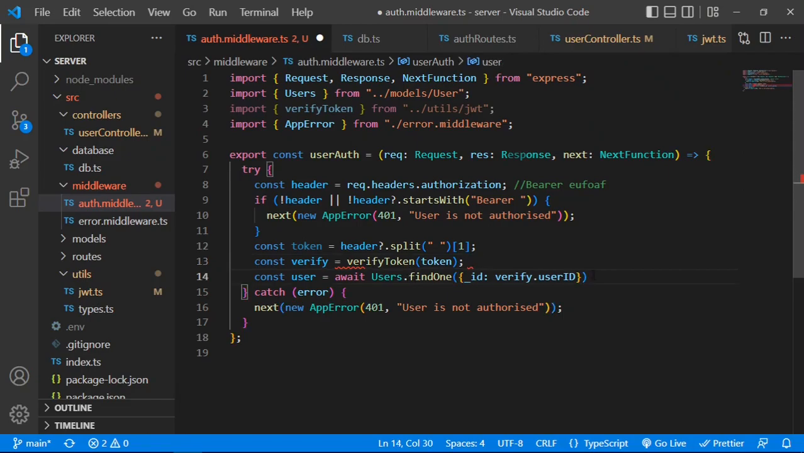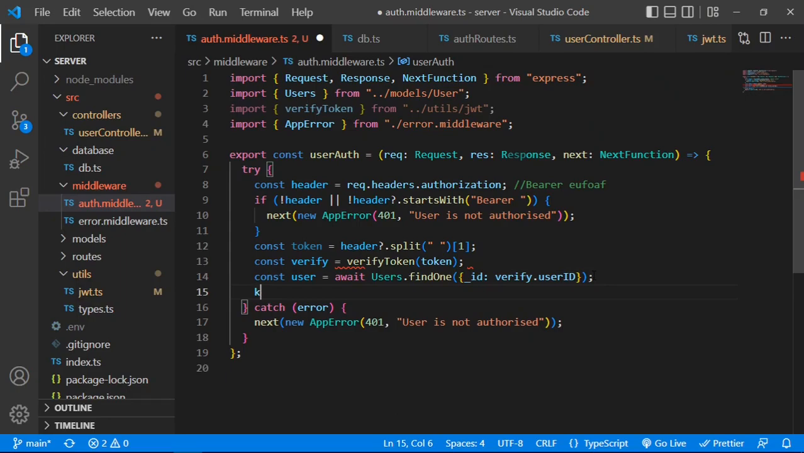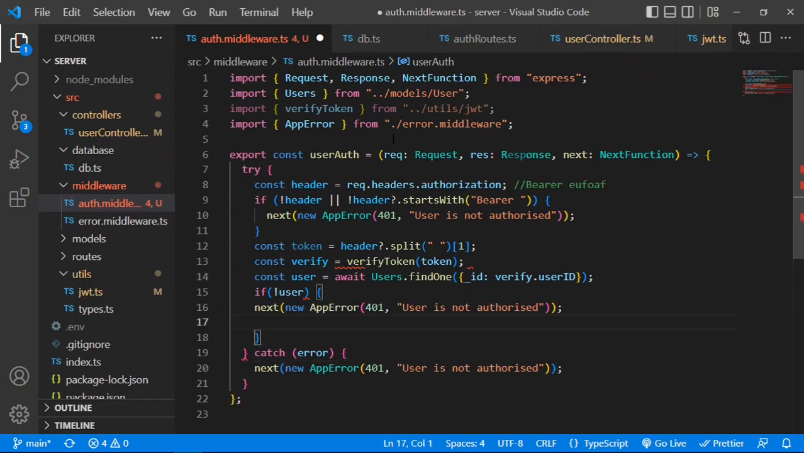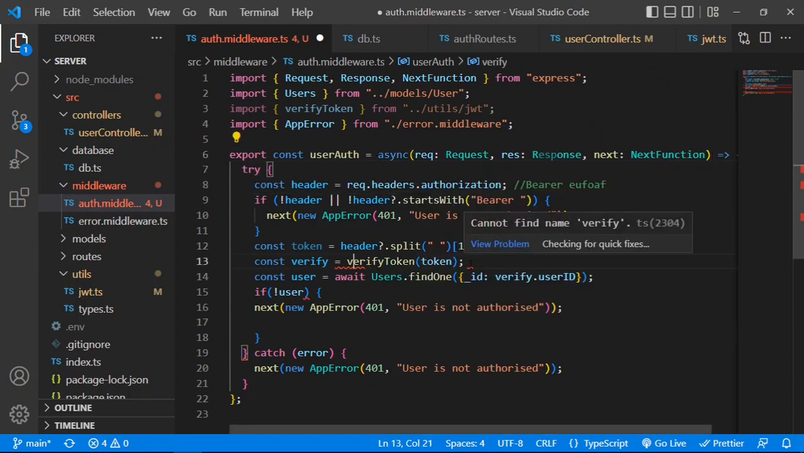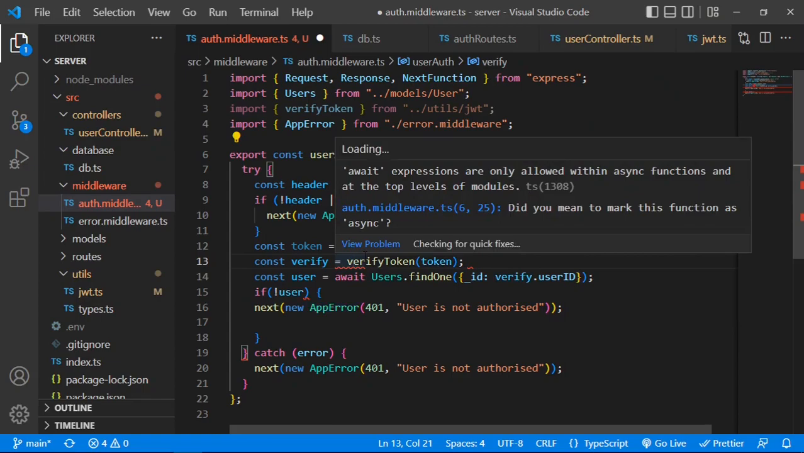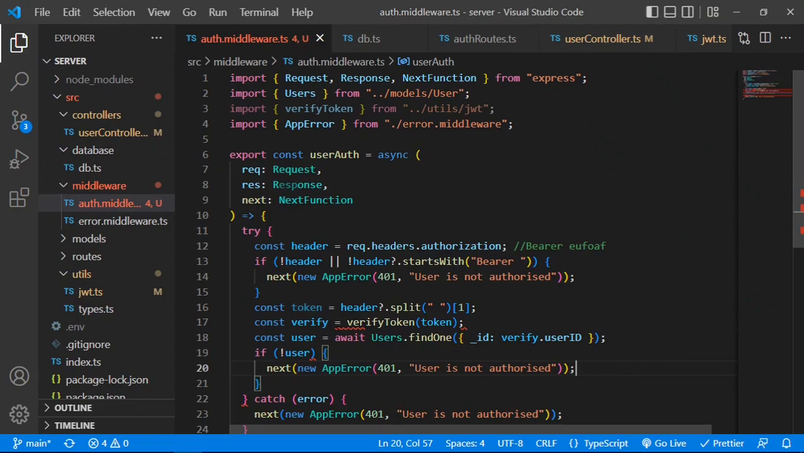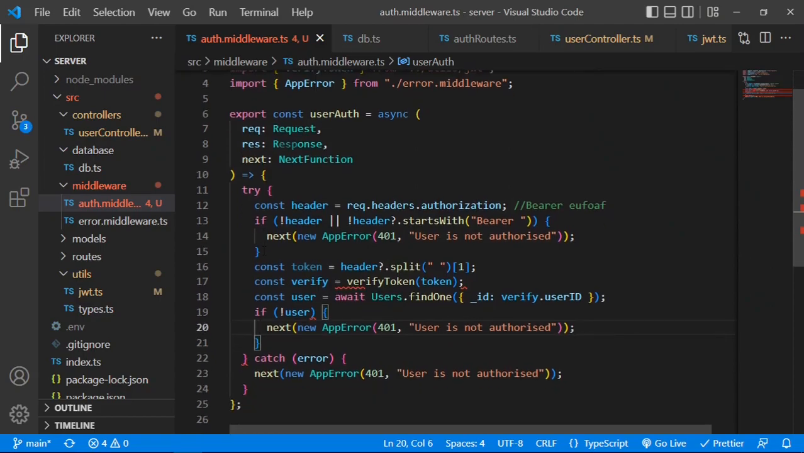So if this user does not exist, I'm copying this line and I'm pasting it here, and plus the await keyword here needs the async. What's the problem now? Yeah, okay, we fixed that. Let's save. So we check if we have the header, and then the header indeed starts with the word bearer and with some space, and then